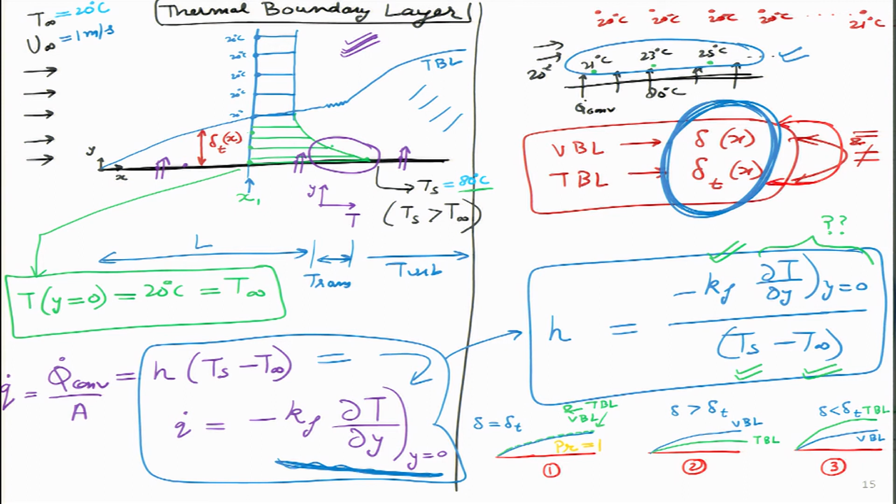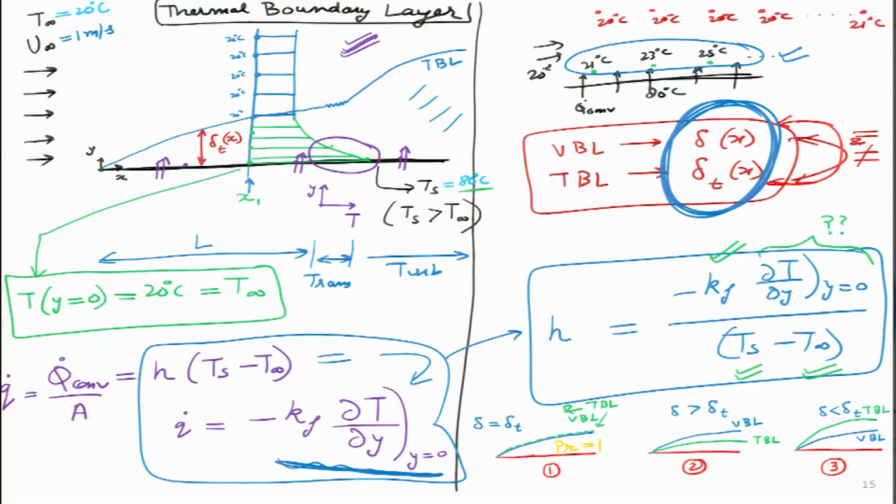What does it mean physically? It means that when the air is coming from the left side and it hits a surface, this surface is retarding the momentum, it is slowing it down. If it is hot, it is giving the heat. So, the diffusivity of momentum, whether it decreases or increases, or the diffusivity of heat, whether it is in this direction or that direction, if they both become equal, which means nu is equal to alpha, and that is the ratio, Prandtl number, nu divided by alpha.